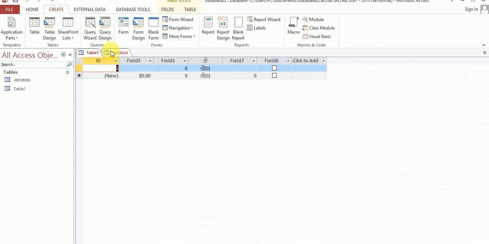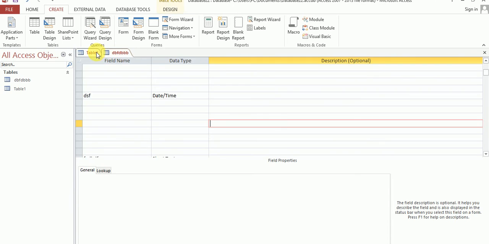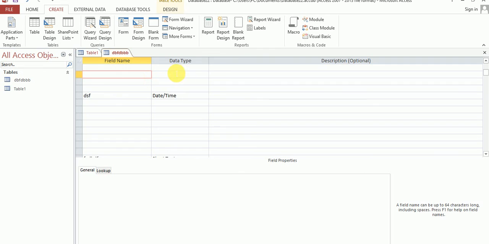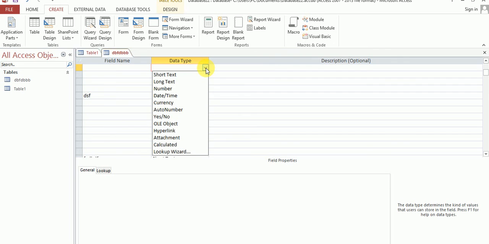Suppose this one is my datasheet view table, and this one is my design view table. Suppose you want to choose your data type from the design view table. Then just click on data type and the arrow symbol, and choose the data type which you want to use.